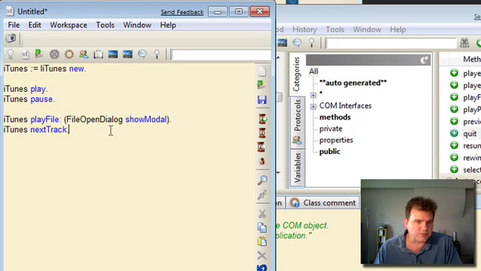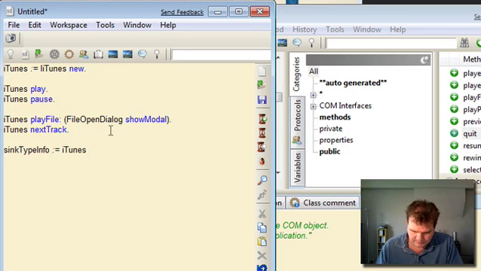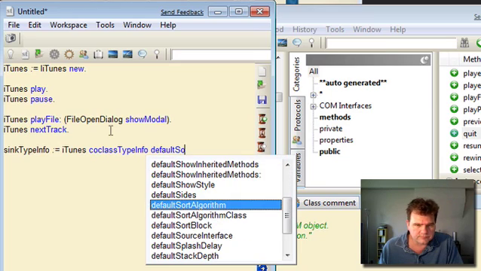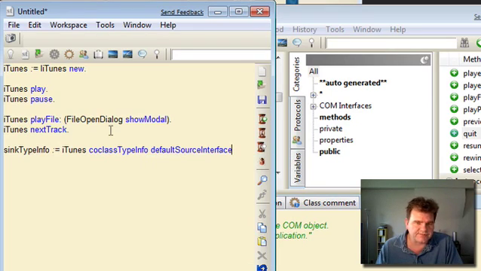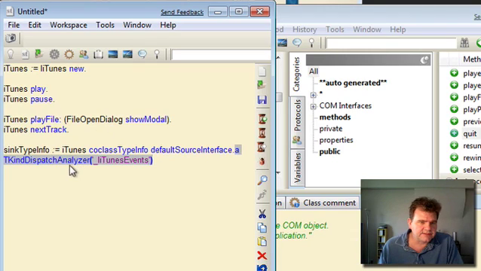But what we need to do first of all is to create what's called an event sink, which is a target for these events to go to. So the first stage in doing that is to find the type info for the event sink, which will give us a definition of all the events that are triggered by the iTunes object. So let's create a workspace variable called sink type info. Okay, and let's ask iTunes to tell us what that is. So we're going to send coclass typeinfo and default source interface to the iTunes object, and this should yield us up a TKindDispatchAnalyzer, which notice is called the iTunes events dispatch analyzer, and we can use this to tell us